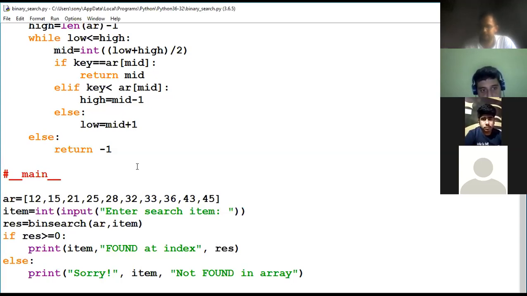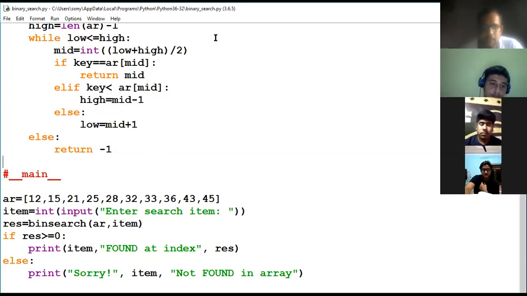Raise your hand if it is correct, clear. Otherwise, ask your question. Unmute your mic and ask your question if you have a doubt. If it is clear, raise your hand. Kalash, Alokik. Sir. Yes. Hello. Wait Sir, a minute.